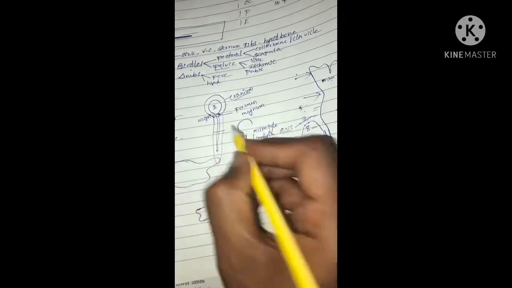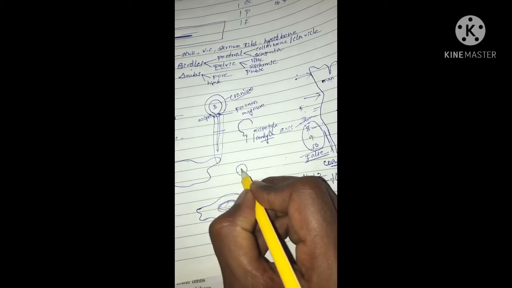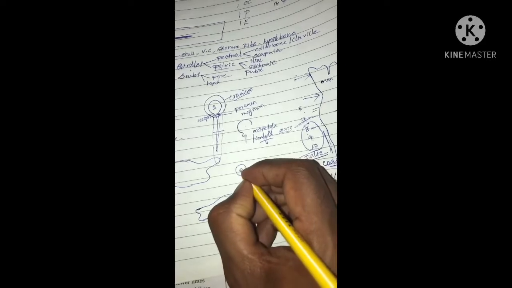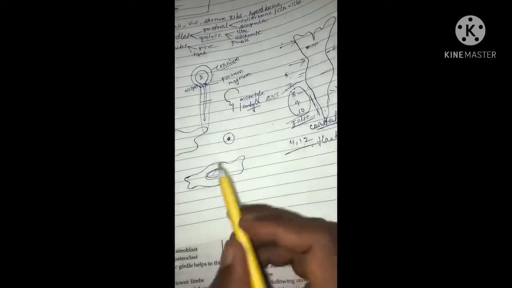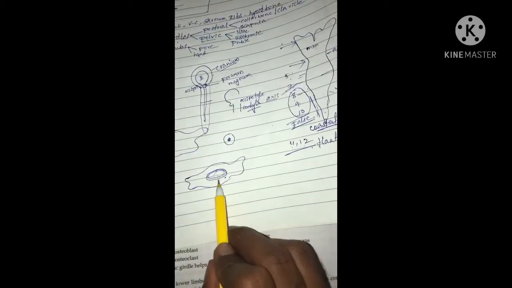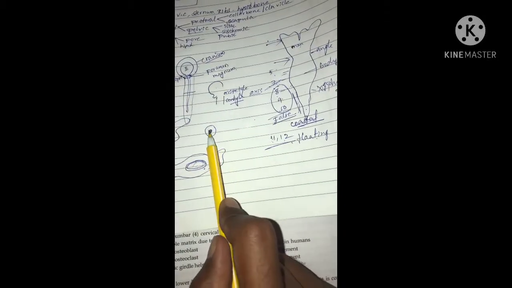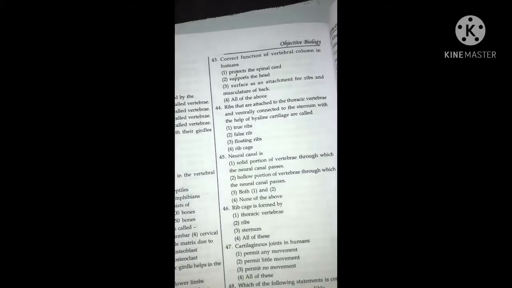If you take the spinal cord in a transverse section, centrally there is a canal that is called the spinal canal. Inside the spinal canal there is CSF, cerebrospinal fluid. Clear? This is called the neural canal, through which the spinal cord enters inside the vertebral column. Which type of canal is this? That is the spinal canal, present inside the spinal cord. It contains CSF fluid.